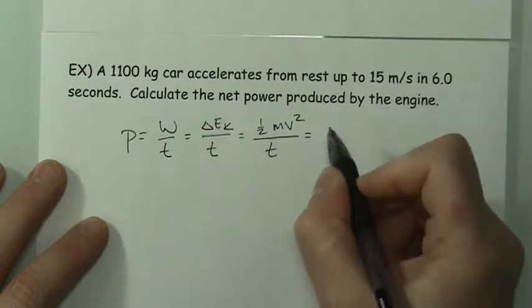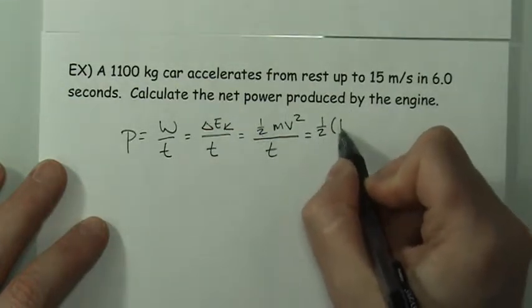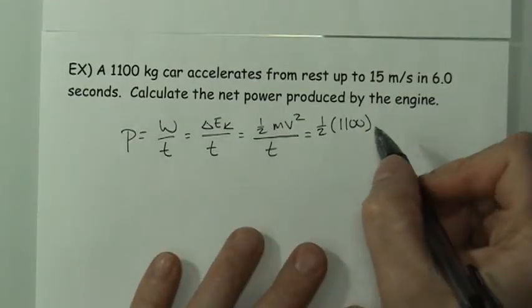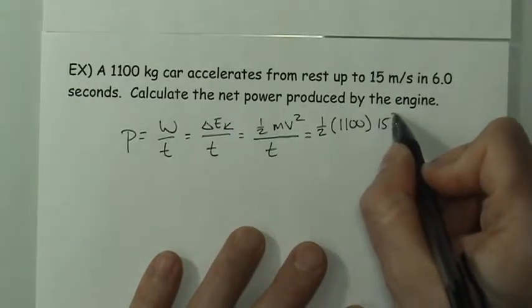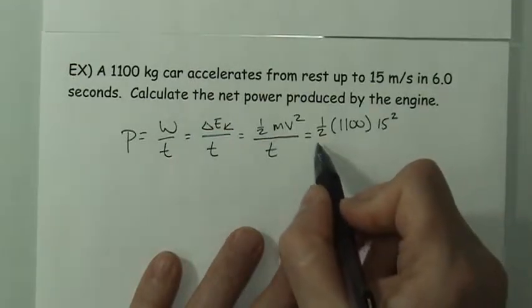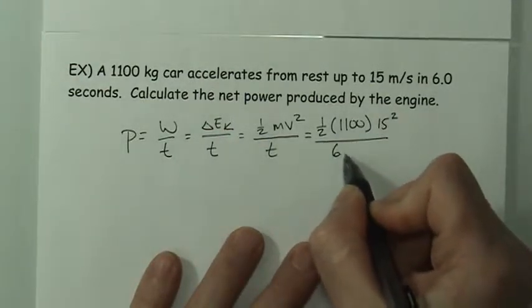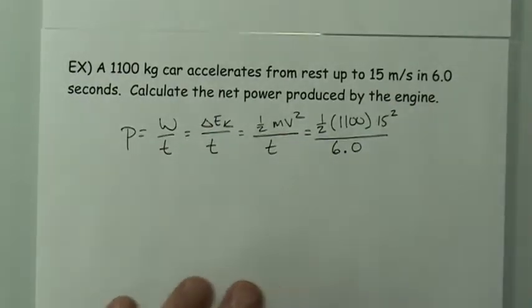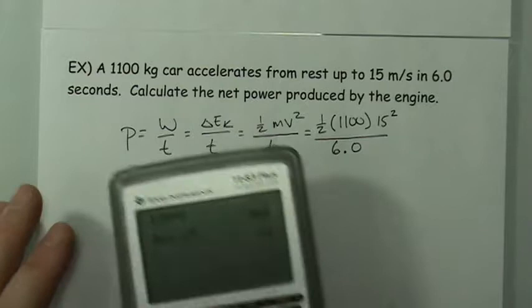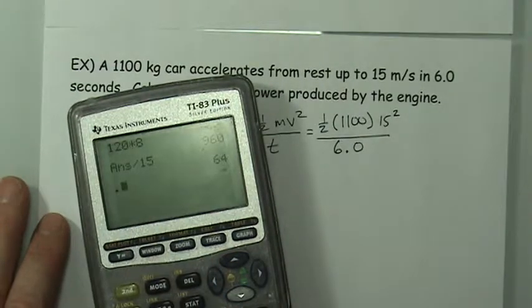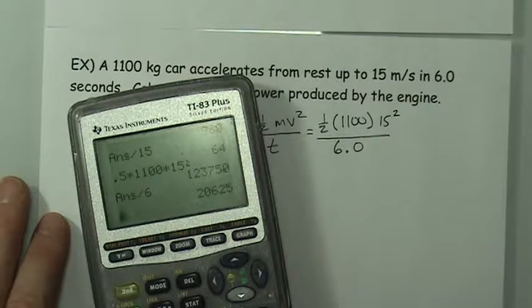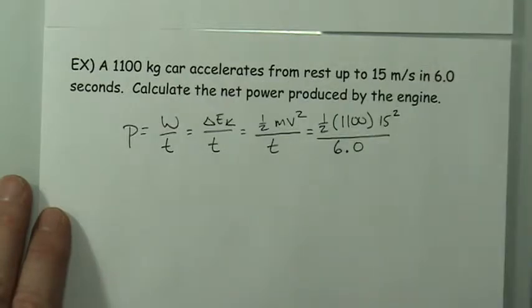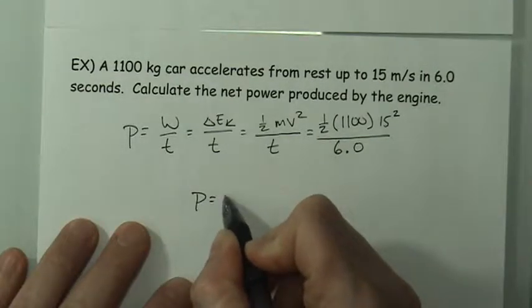And now I can go ahead and plug in all these numbers. So 1/2, the mass was 1100 kilograms, times the speed of 15 meters per second squared, and all of that gets divided by 6.0. So we'll bring in the calculator. I'm going to put it over here. And that would be 0.5 times 1100 times 15 squared equals, divided by 6 seconds. So 20,625. And so we'll put that as the power is equal to